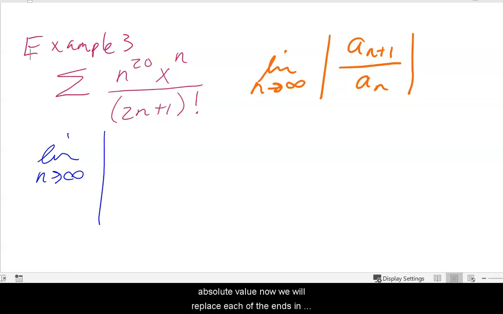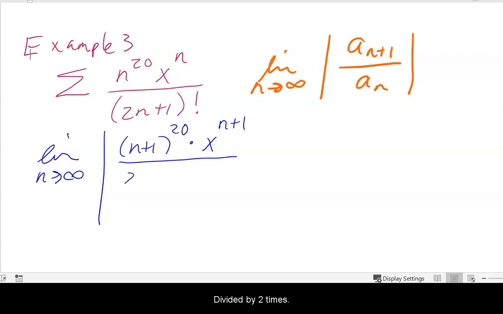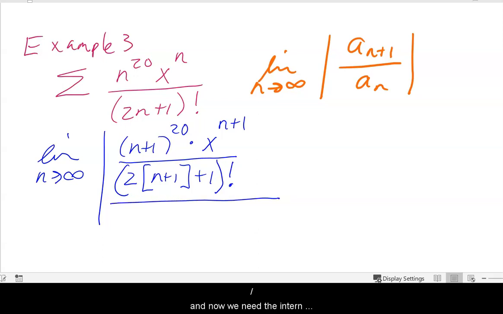Now we will replace each of the n's in here with n plus 1. So this gives us n plus 1 to the 20th power times x to the n plus 1 divided by 2 times n plus 1, close that, plus 1, all in parentheses with the factorial outside,